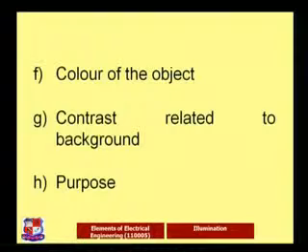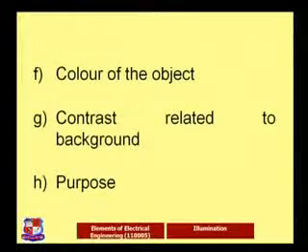The next one is the color of the object. Many people have color blindness, so the color of the object is very important, because white color is easy to detect, but the rest of the colors are not detected easily if the illumination is not proper. Some objects under a particular light look different, and the same object under another light looks different. So the color of the object is also very important, and a suitable condition is needed.